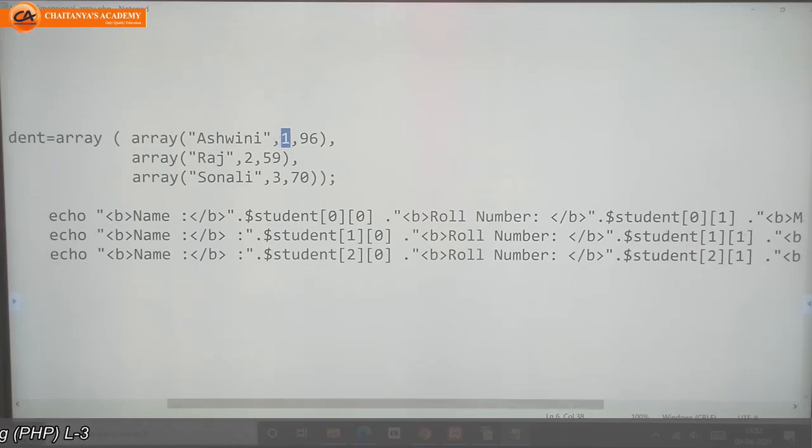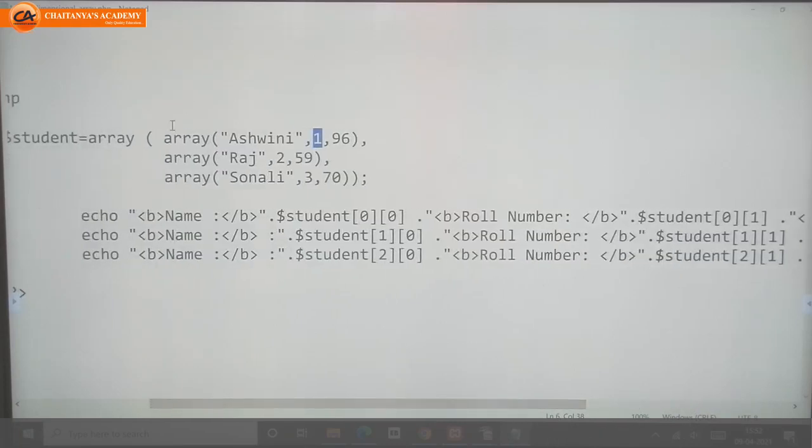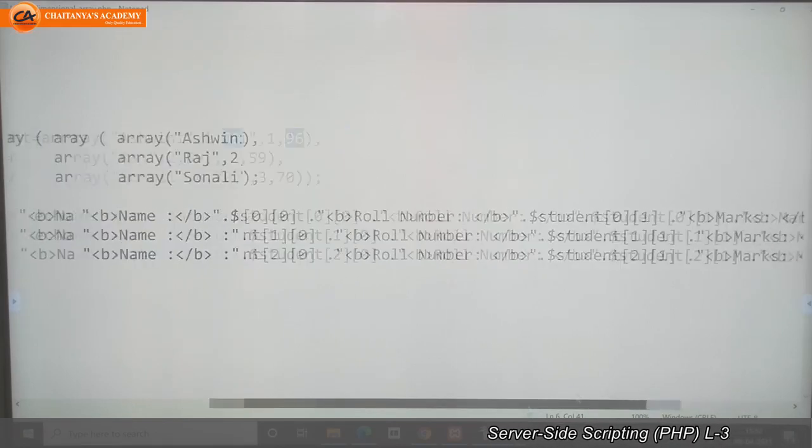And third one, if I want to print, I need to refer student of 0 2. Student of 0 2 means this first array and the third element.